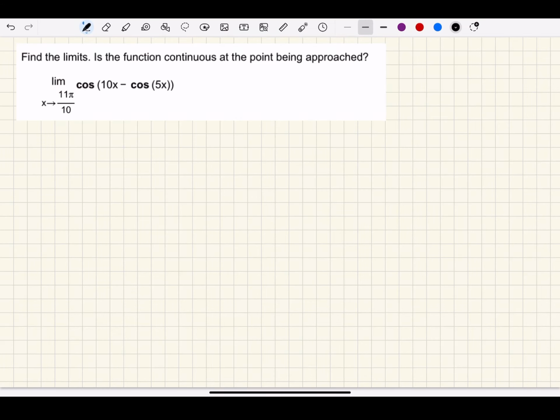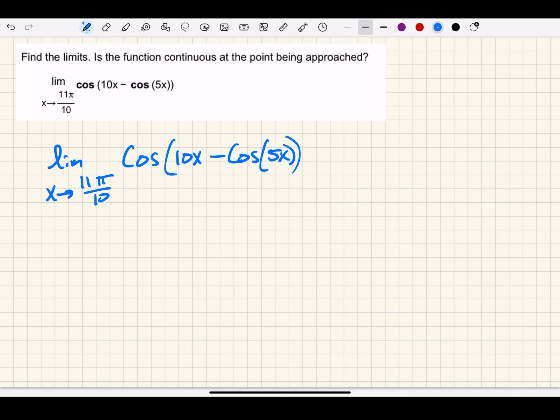Find the limits. Is the function continuous at the point being approached? The limit as x goes to 11 pi over 10 of the function cosine of 10x minus cosine 5x. We're going to find then the limit as x goes to 11 pi over 10 of the cosine of 10x minus cosine of